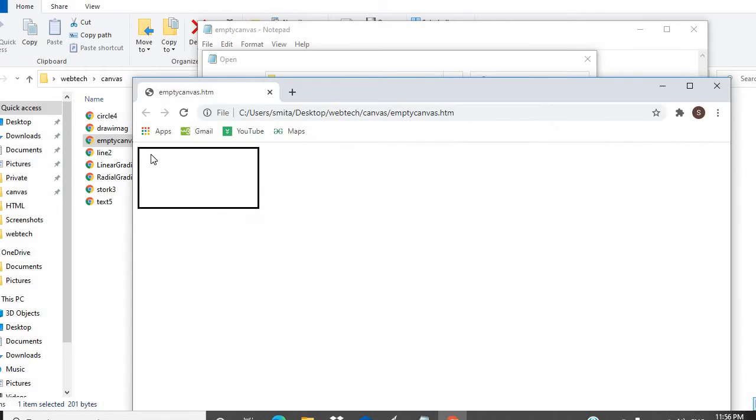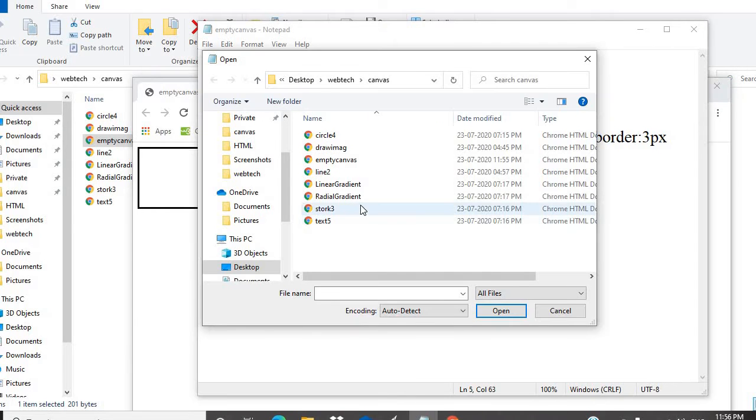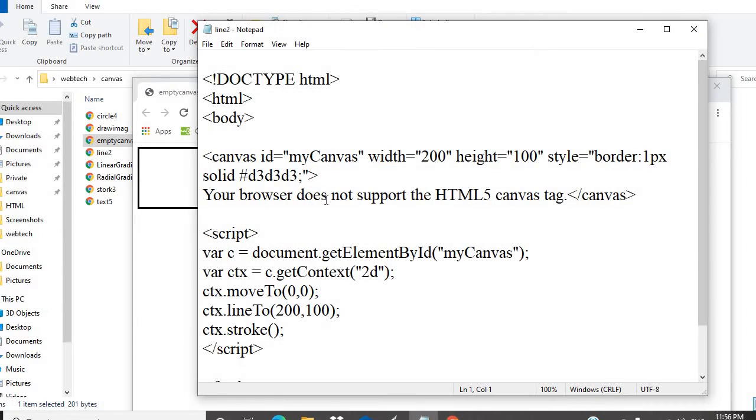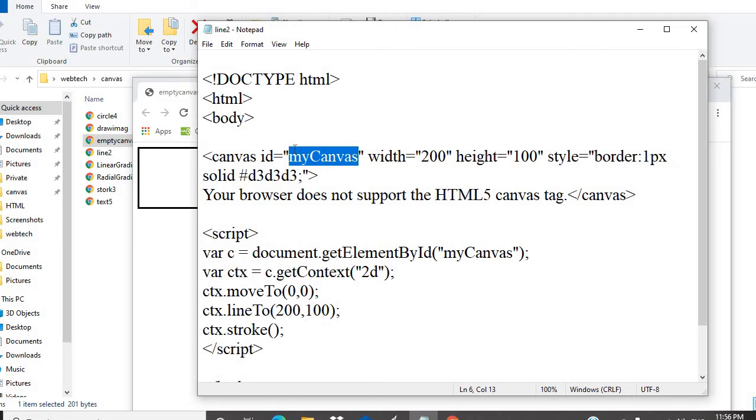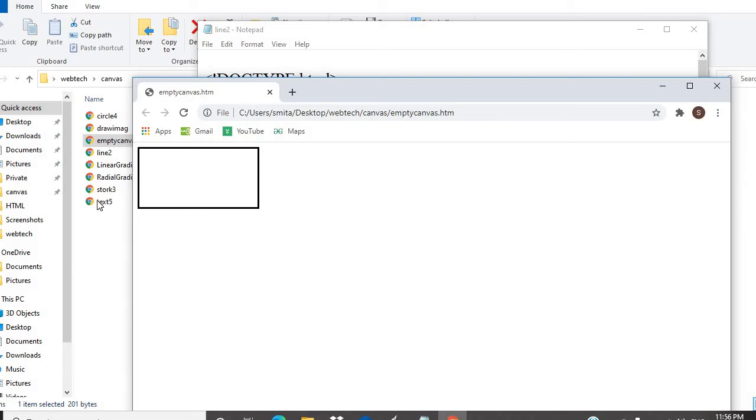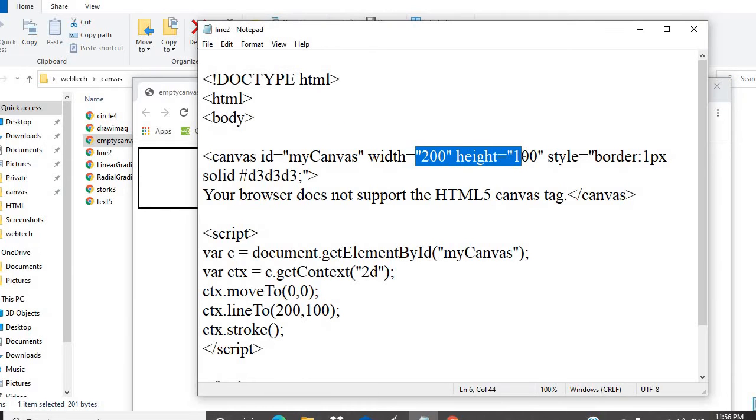Suppose I want to apply a line over that particular rectangle shape, how will we put that? In the same way, first of all we have to create the ID. Mention the common ID for all the shapes. Height and width are the height and width of your particular shape, whichever you are drawing. This is a border. Now this time I am giving some other color. So let's see, if you want to see these colors, you can view them through your browser.